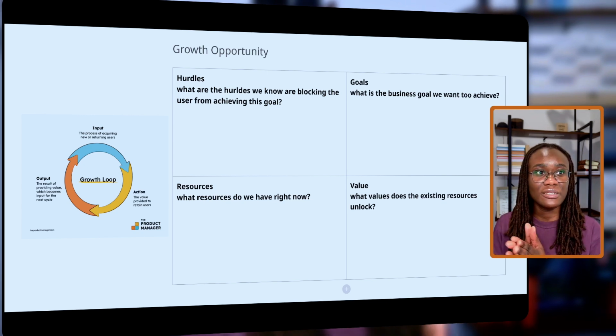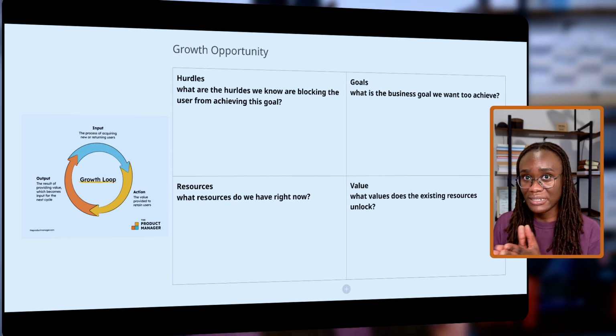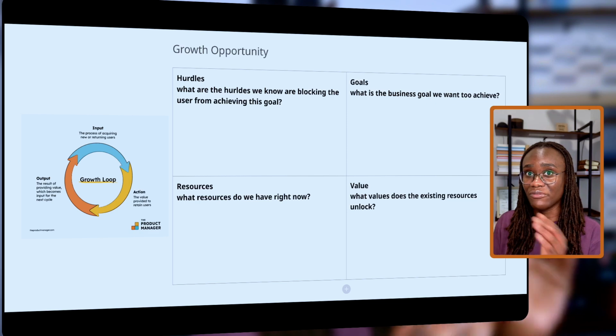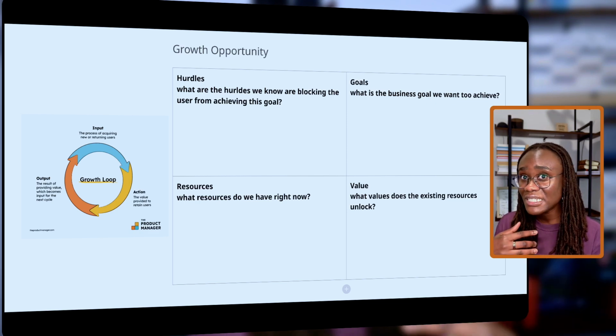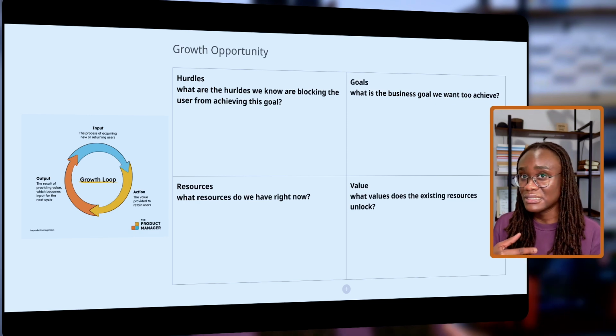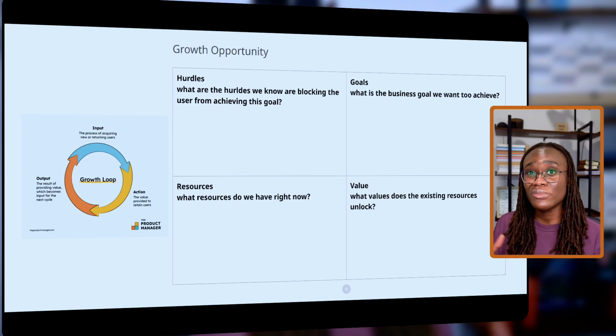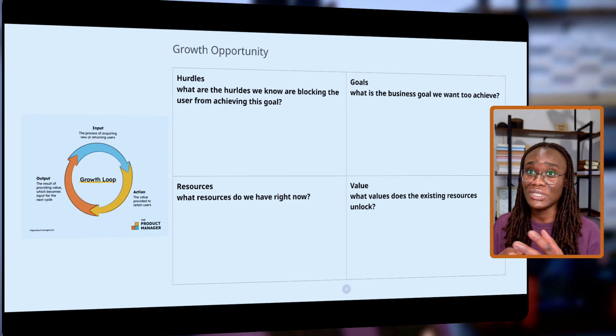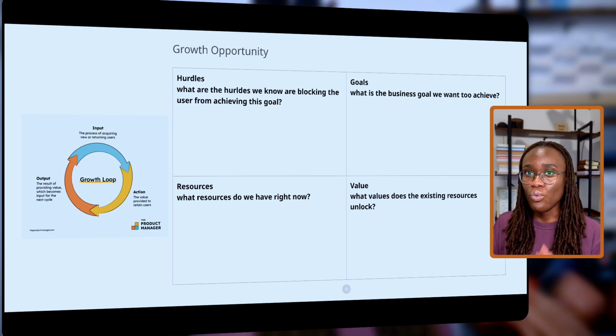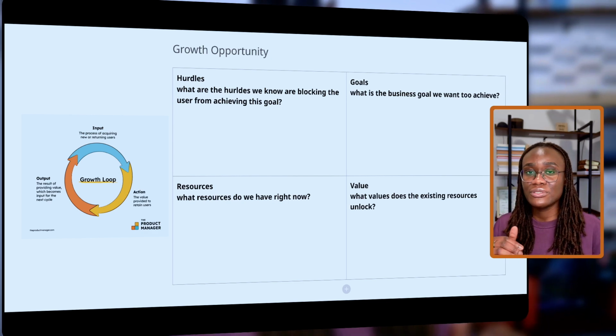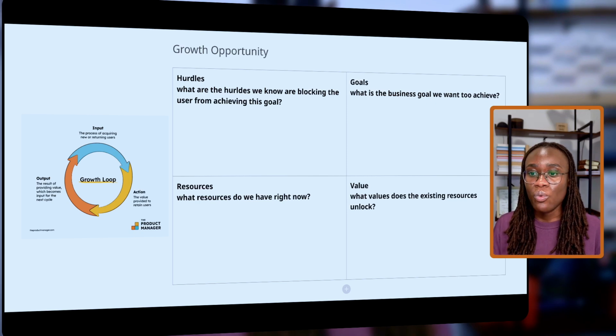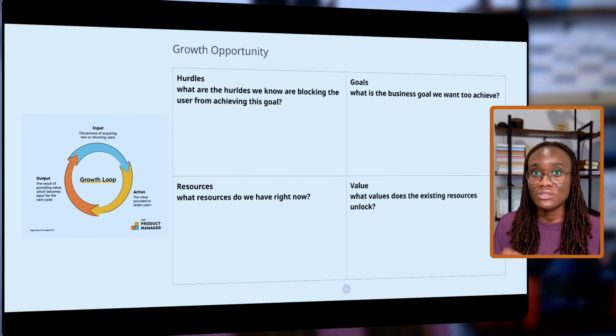So resources can be, what are we doing right now? What do we have that is working well in our favor within the system? Do we have some data that typically is created in the system? Are users doing some things right, even if it's not the goal or the outcomes that we expect? Are there some investments that we've already made? Do we have technology like AI? Whatever that looks like, what resources do we have right now, and what is the value that those resources could